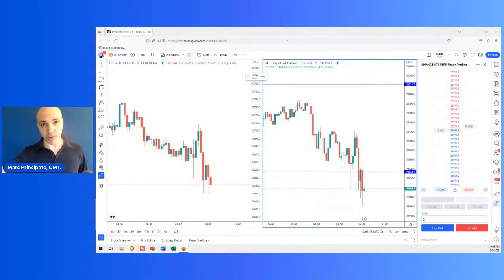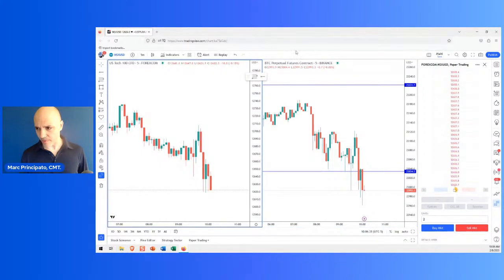So if the setup occurs at 2 o'clock in the afternoon and you're busy with something else, you get the notification, because you can set up push notifications on the Discord server. You say, oh, okay, now I can start doing this. That's using your time more efficiently, and that's where screeners can be very beneficial if you know what to screen for. All right, so when you're doing it this way, sitting in front of a chart and waiting for things to happen,